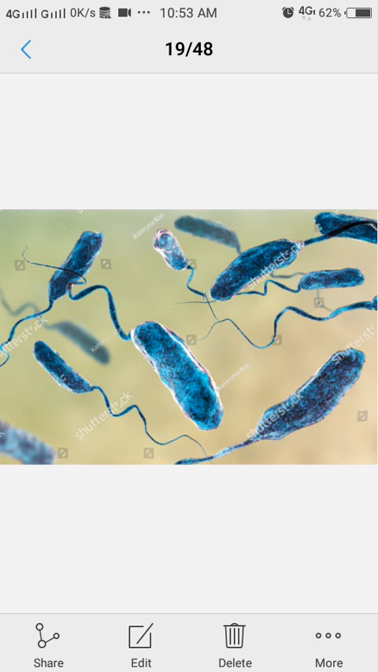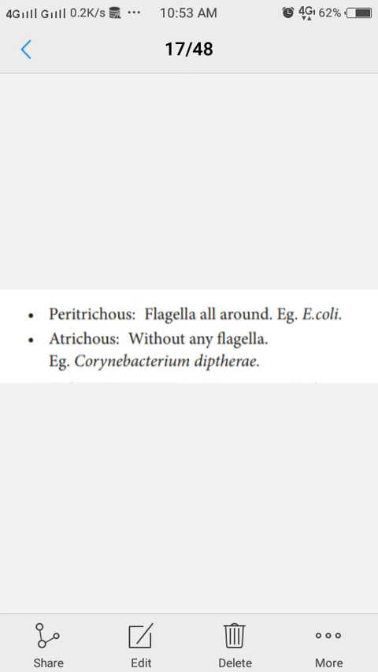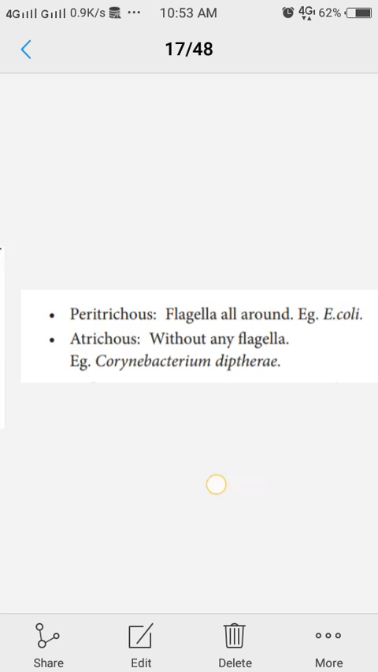Now we will see one more classification of bacteria, that is according to the number and arrangement of flagella. According to the number and arrangement of flagella, bacteria are classified into 5 types. What are the 5 types? They are monotrichous, lophotrichous,